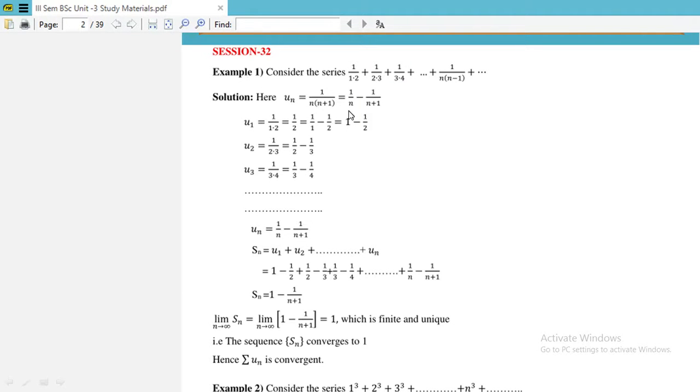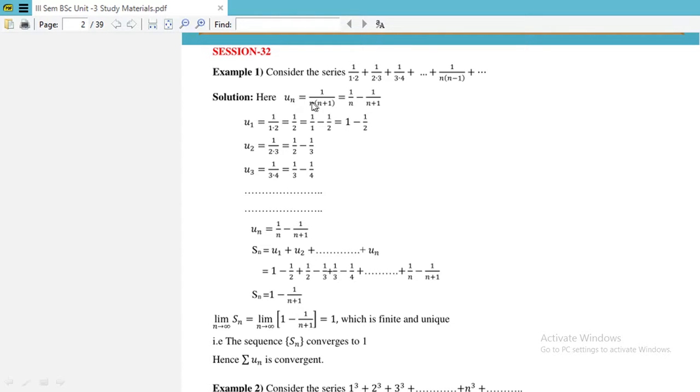Example, consider the series 1 divided by 1 into 2 plus 1 divided by 2 into 3 plus 1 divided by 3 into 4 plus and so on plus 1 divided by n into n plus 1 plus and so on. Here un is equal to, we know that resolving a partial fraction,